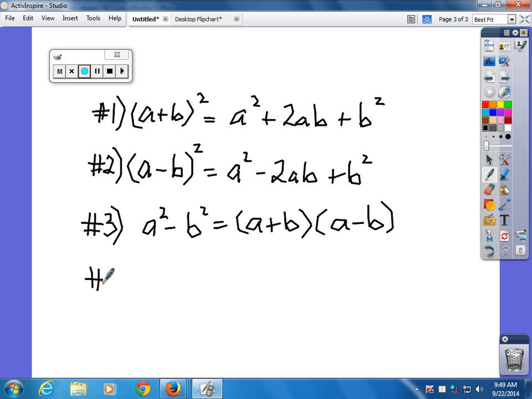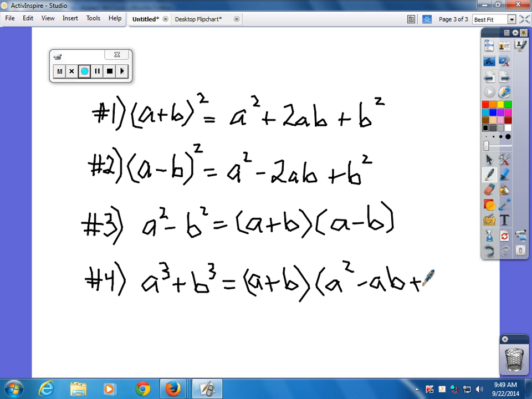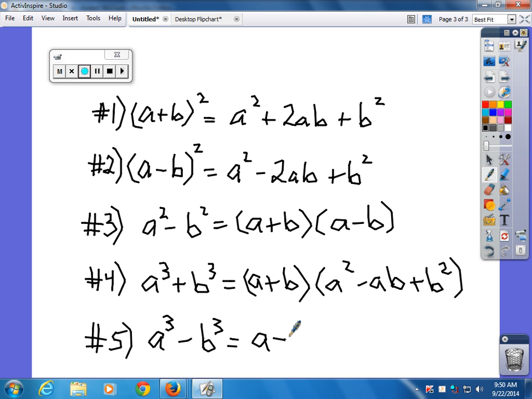Number 4. A cubed plus b cubed is equal to a plus b times a squared minus ab plus b squared. And number 5 is a cubed minus b cubed is equal to a minus b times a squared plus ab